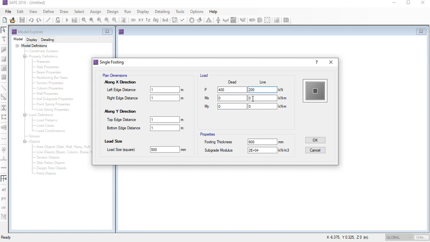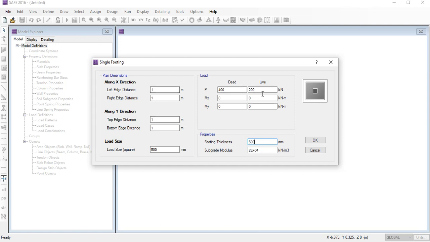So I have given the data, and here is the thickness of the footing. What is the thickness? It is a hit and trial method. There is no fixed value, so it is not necessary to take 400 or 200. This time we are going to give the footing thickness as 500. If our footing fails, I will increase it; otherwise it will pass, so there is no need to change it. Okay. And here is the subgrade modulus, 2e+4, that means 2 into 10 to the power 4. It is the subgrade modulus.